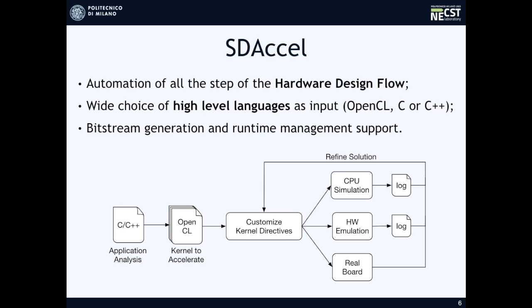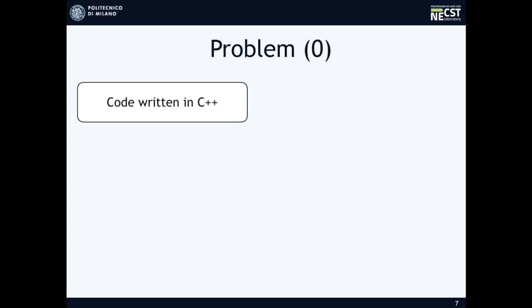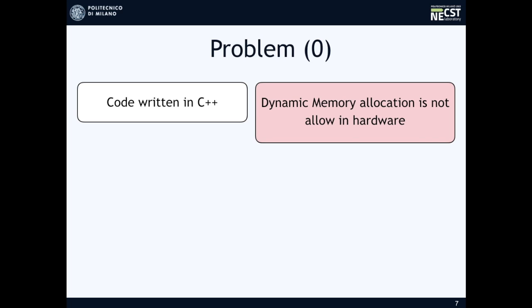Now we will go through the problems we had in optimizing this code, as well as the optimizations we introduced. The first problem we had has been that the code we wanted to accelerate was written in C++. The greatest problem in this has been that inside the algorithm, dynamic memory allocation was performed, and this procedure is